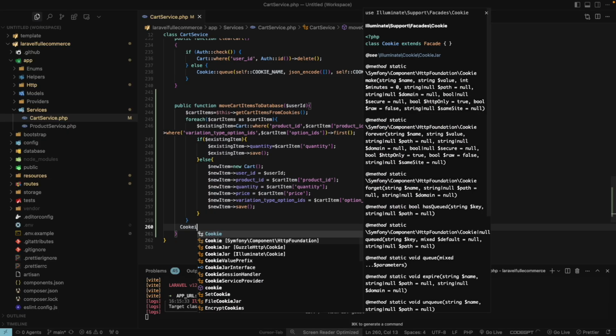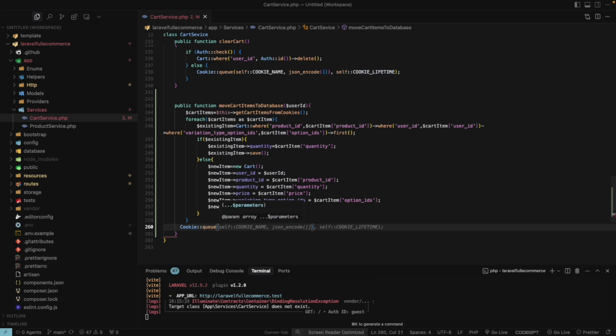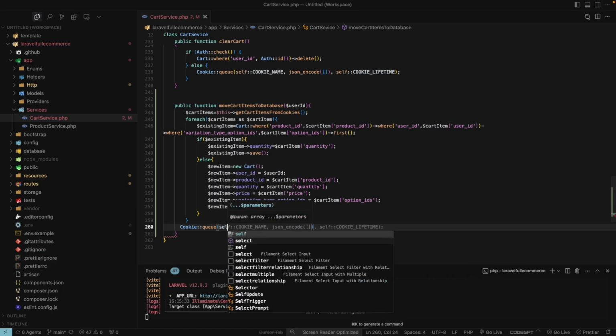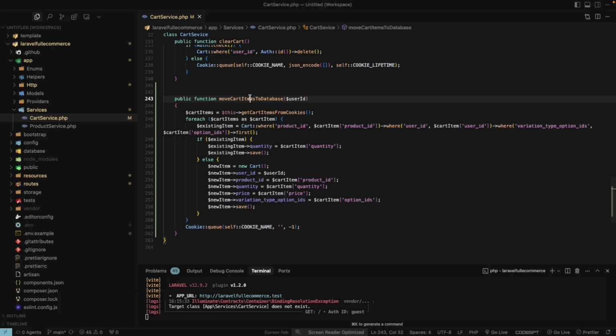Okay, cookie name, and we need to remove this one, set to empty string and -1. Okay, we have to move these items to the database. If logged in user, then we have to automatically move to this one, and I need to